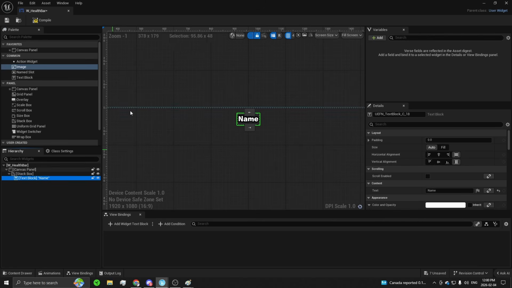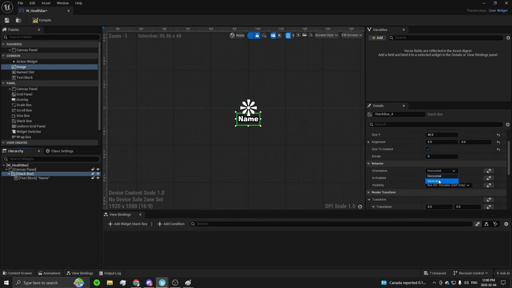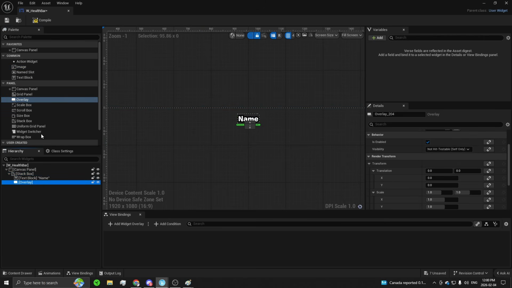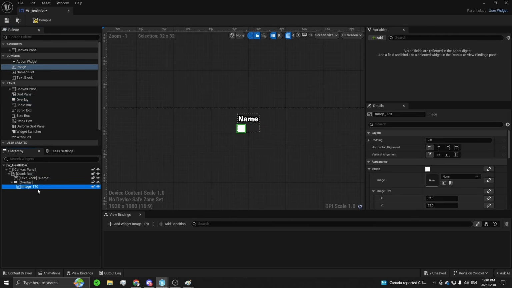background it's on. Okay, so after you have your name in there, you're gonna go and select your stack box and change its orientation to be vertical, since we want our health bar to appear below the name. Then drag out an overlay, throw that into your stack box. In that stack box, you're gonna want to throw an image. And we're going to rename stuff as we go here, just so we can keep track of what these actually are. So if you hit F2, you can rename it, and we're going to call it something like background, since